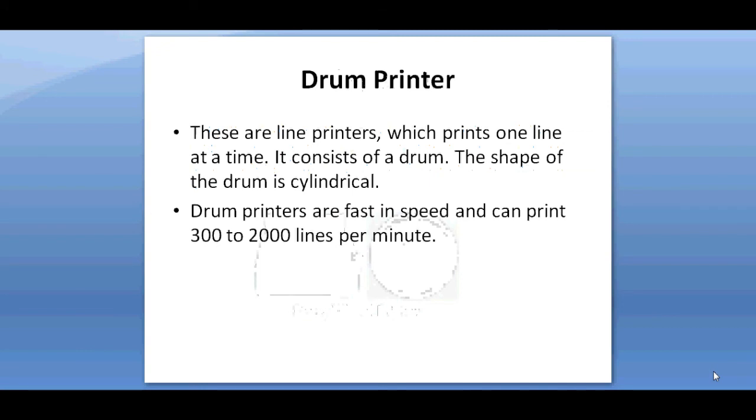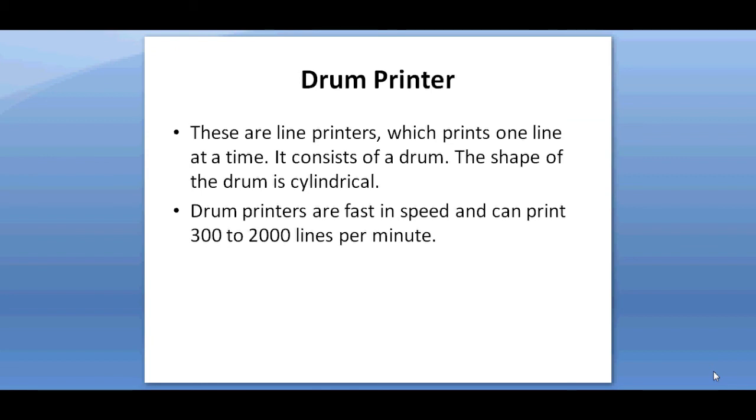Drum printer. A drum printer consists of a solid cylindrical drum that has raised characters in bands on its surface. The number of print positions across the drum equals the number available on the page. This number typically ranges from 80 to 122 print positions. The drum rotates at a rapid speed.